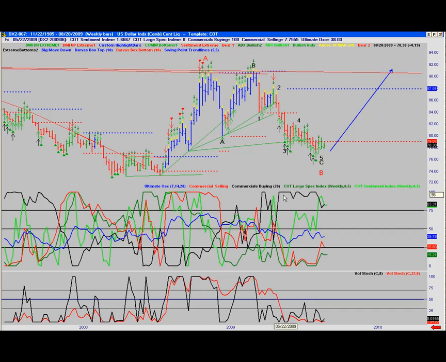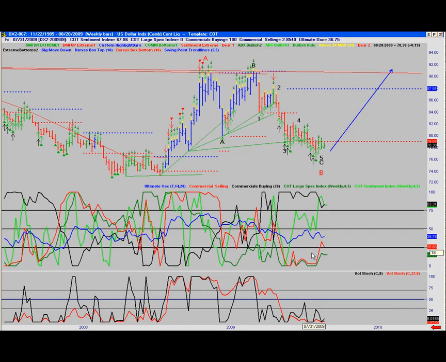First, we're going to look at the commercials. The black line, which we're pointing to now, is commercial buying. And we've seen that in declines, historically, commercials are the buyers in these declines. And the red line, commercial selling, we see they've been pretty inactive. There is no selling. They tend to buy in declines and sell into rallies. So far, up to a few weeks ago, the commercials have been net buyers of this decline.